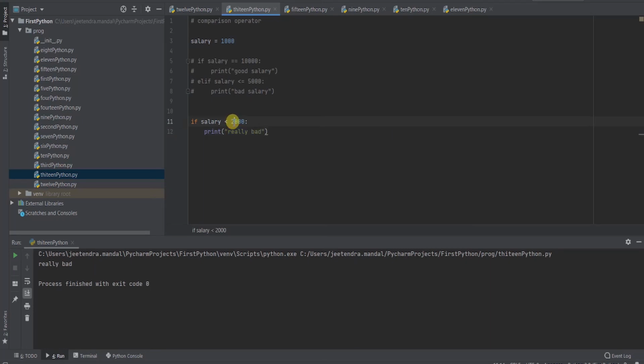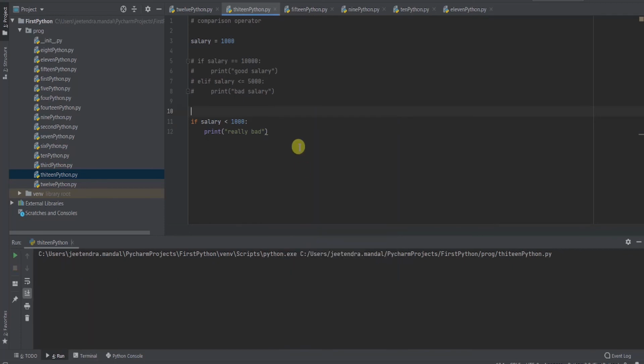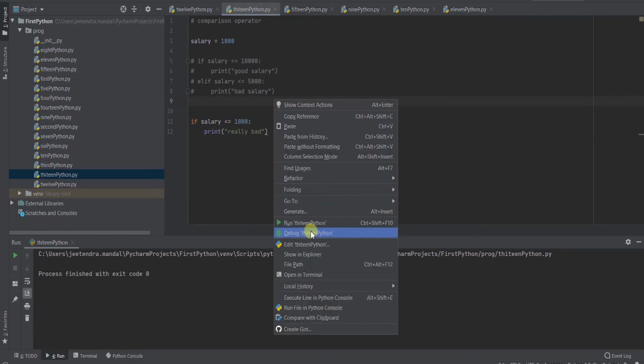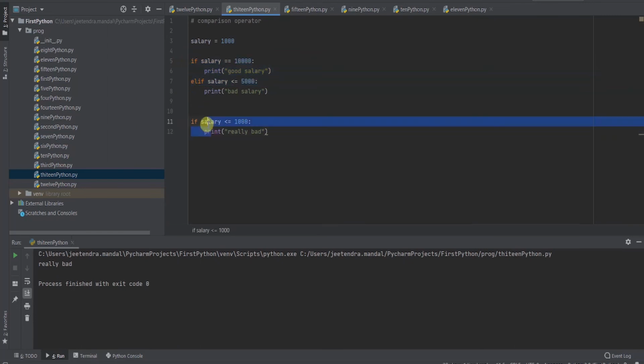If I mark it 1000, then 1000 is not less than 1000, so it will not get printed. If I do less than or equal to, because 1000 is less than or equal to 1000, then in this case this will get printed. Really bad.